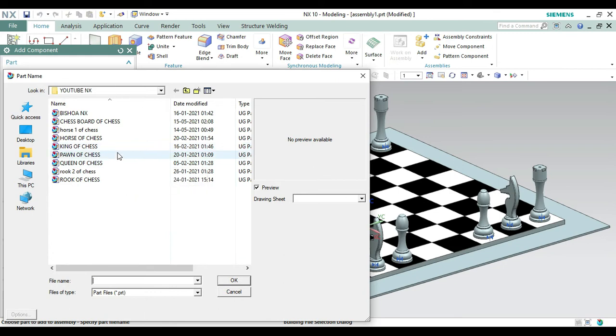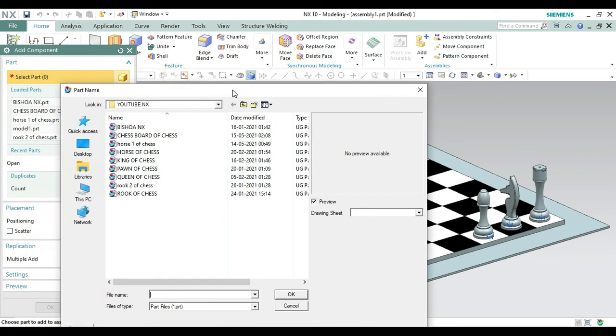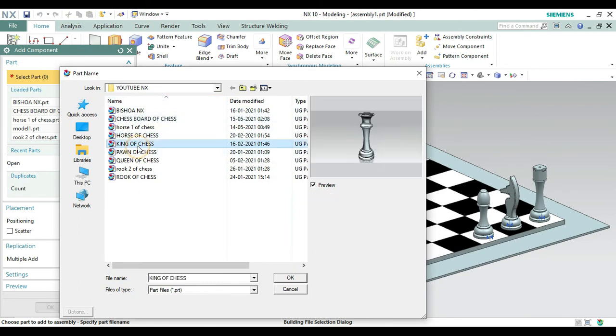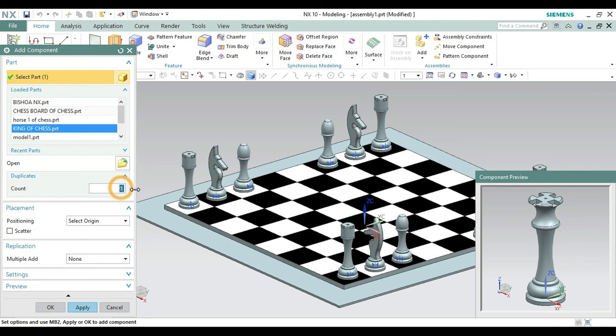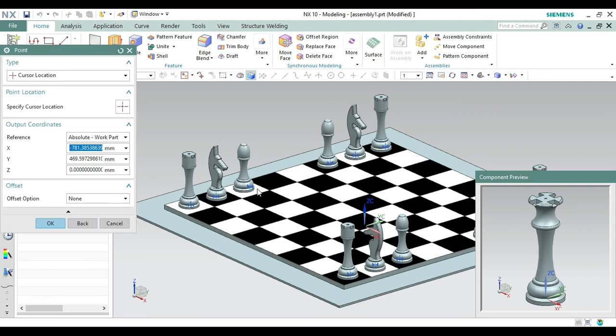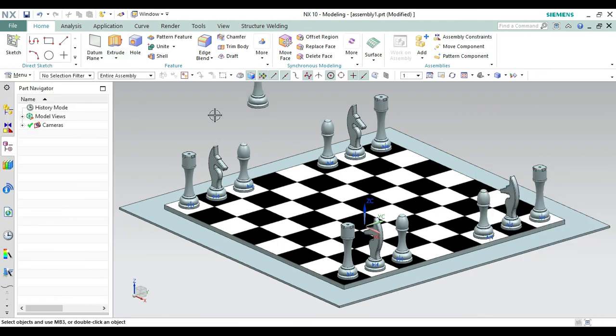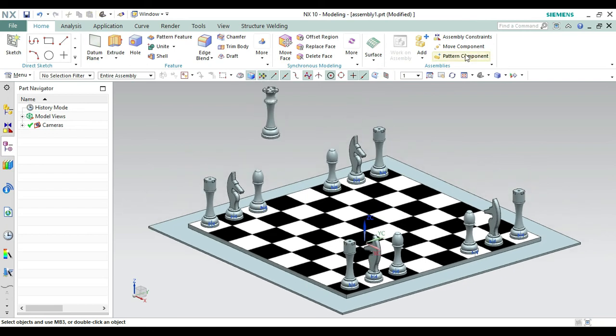Now what we have to do is first we need the white, means first bring the keys and make it okay. Let's make the copies to 2, make it okay, and let's make it here. Okay, again. Now what we have to do is move component only two components, so it will be easy and very fast.